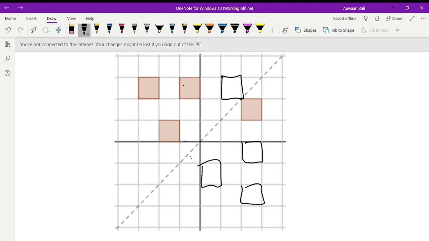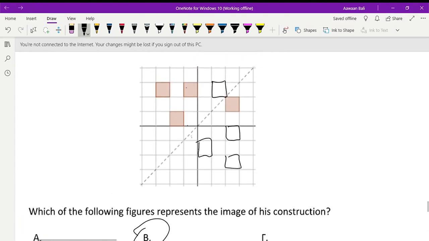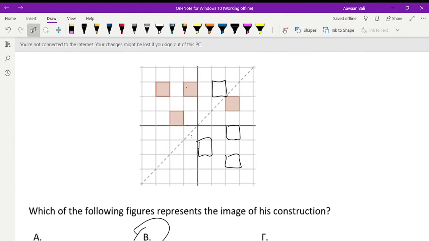But anyway, when you have a diagonal symmetry like this, you're basically turning the shape around by 90 degrees. Here there is no change, because when you just rotate a square by 90, 180, 270, or 360 degrees,